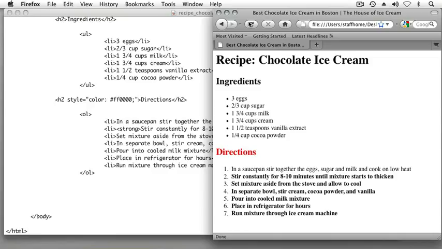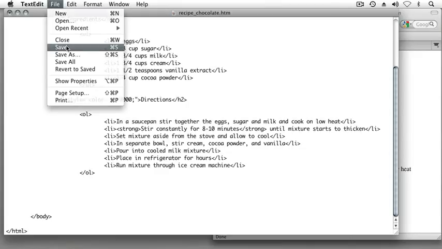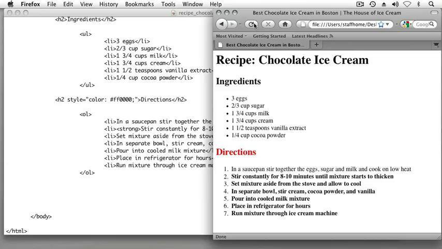In order for the HTML page to display properly, the browser has to be able to identify the starting point and the precise ending point where you want that text effect to take effect. The web browser is only as good as the instructions you give it. You always want to keep that in mind. So if I switch back to my HTML page, I'm going to put that O back into the word strong. And from the File menu, select Save, and then reload the document